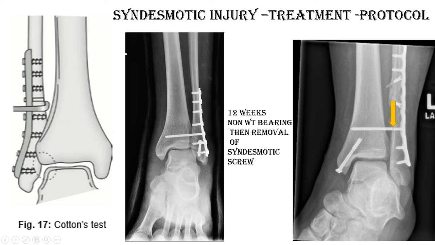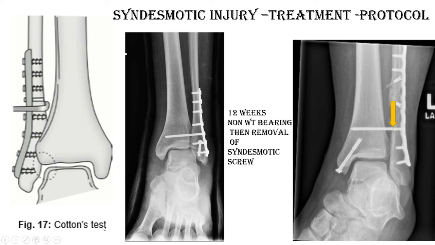How? Because in the stress view or in the external view or clinically, suspecting a syndesmotic joint injury is not enough for the treatment of syndesmotic injury. It may be missed, and most commonly syndesmotic injury around the ankle is missed, because there will be no radiological sign and no radiological confirmation. During any operation or during any fracture treatment, you have to do the cotton test.